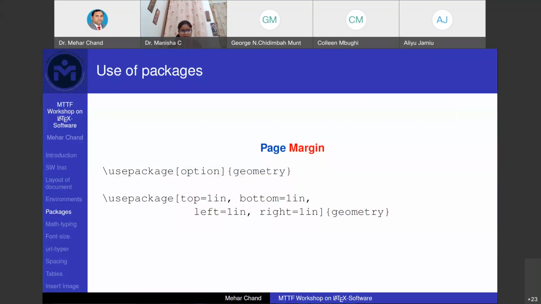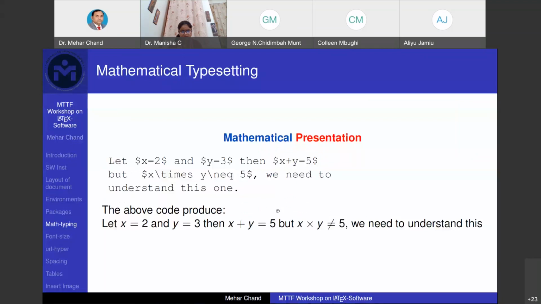These are the equations, mathematical representations. There are three modes of mathematics we use. One is in the continuous text format. You can see in this presentation the code is used this way: let, then a dollar sign, and between them x is equal to 2, and then again start with a dollar sign, y is equal to 3, then x plus y is equal to 5, and so on.